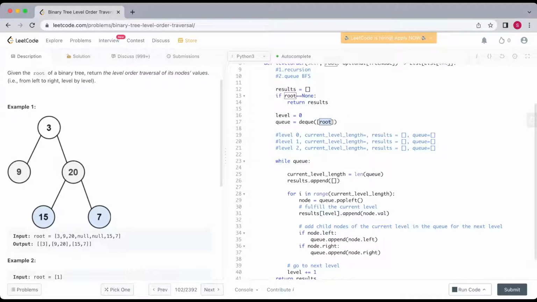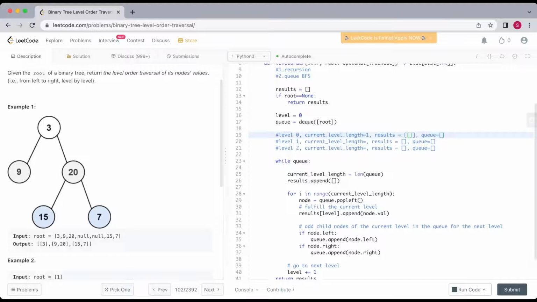The current level length is the number of the nodes in this list, so the current level length will be 1, and the queue now will be the root node 3, and here we will append a new list. Then we will pop the node from the left side of the queue, so we will pop 3